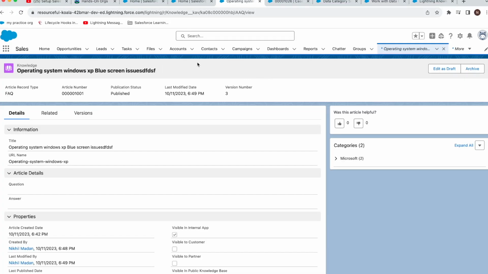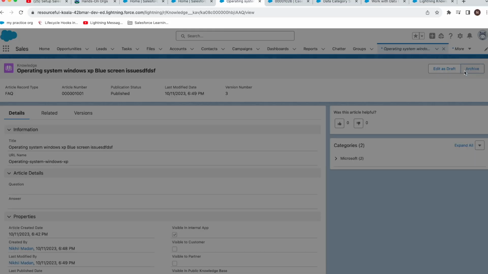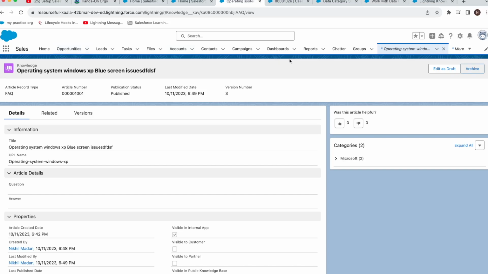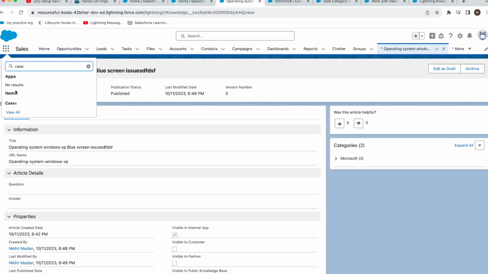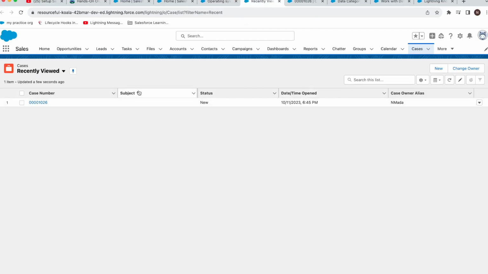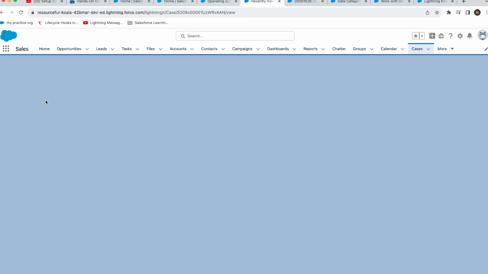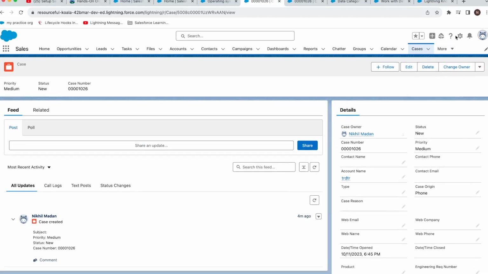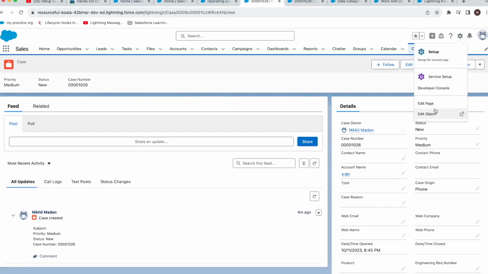It's been published. Now how will I use this knowledge? We have seen the full cycle, and even if I archive, it will archive, so that's not a problem. We don't want to archive right now. What I want to do is go to a case where I can use these articles. One way is to use a case. When a customer calls you in, you open a case. Let me open a case, and here I will use some knowledge articles, but for that you need to go and click on edit